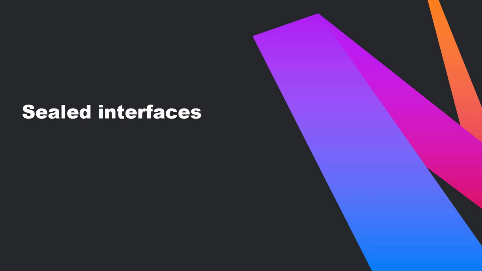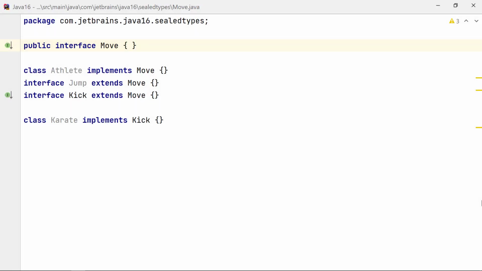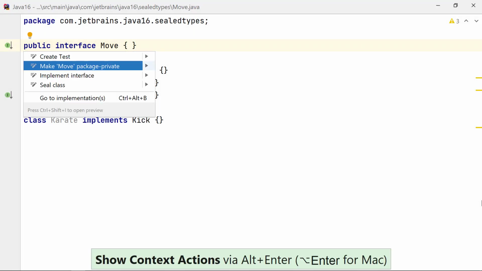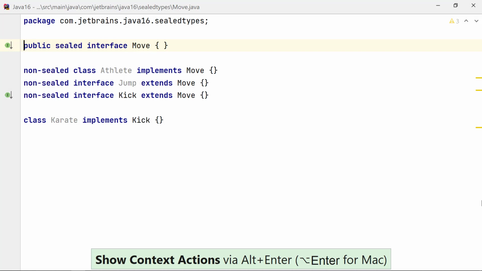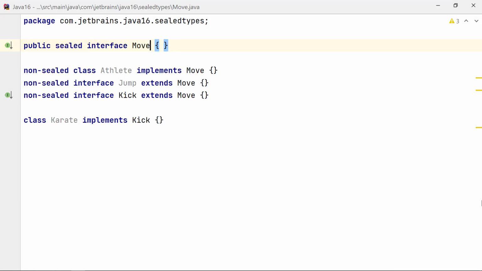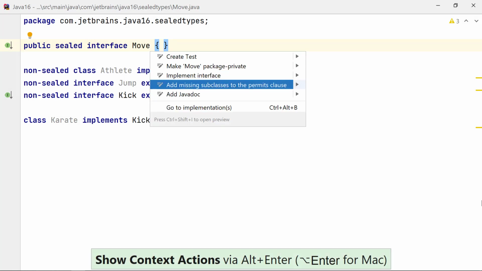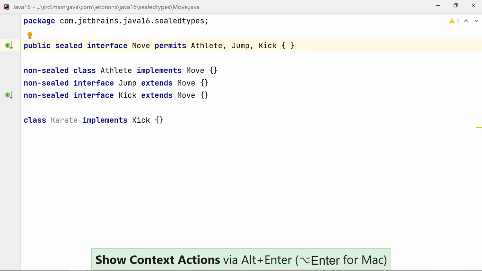Unlike classes, interfaces cannot define constructors. Before the introduction of sealed classes, a public class could define a private or package-private constructor to limit its extensibility, but interfaces cannot do that. A sealed interface allows you to explicitly specify the interfaces that can extend it and the classes that can implement it. It follows rules similar to sealed classes.